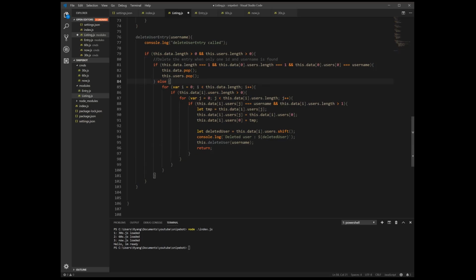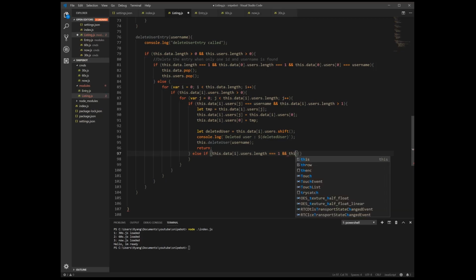So if here, we're gonna else on it, and then in this else we're going to write, well, one second, if else if I mean, and then if this.data[i].users is equal to 1, and this.data[i].length, one sec, no, I got mixed up.